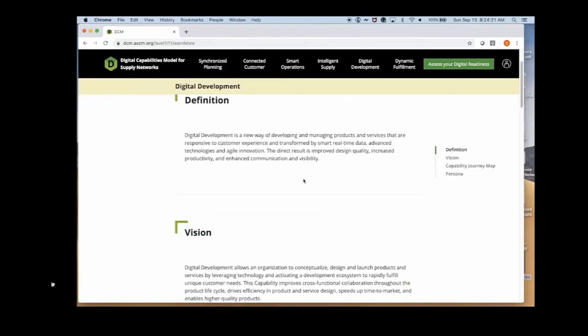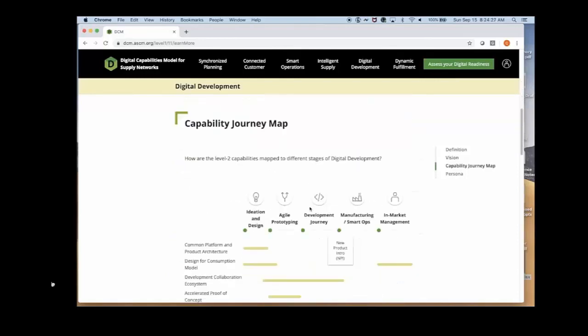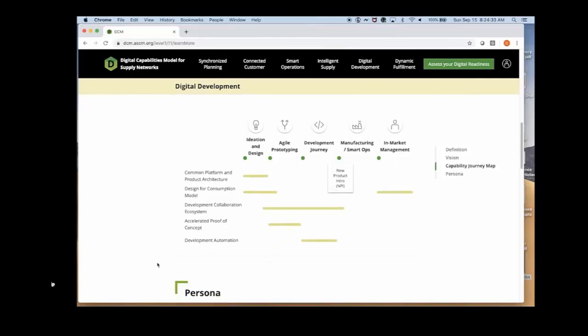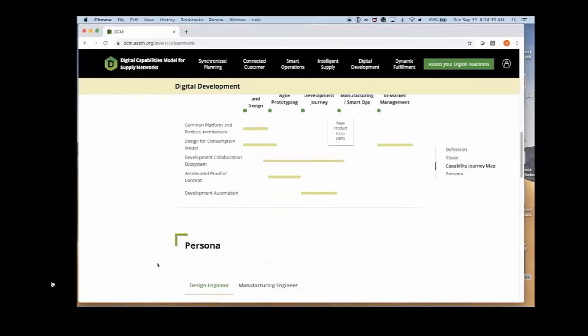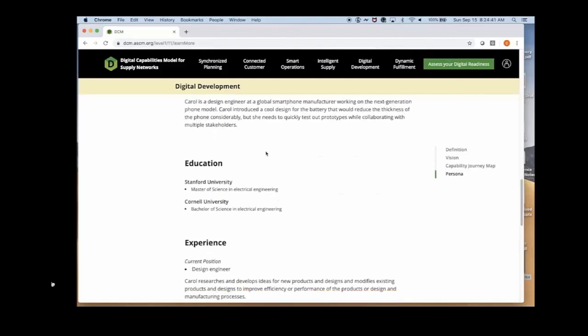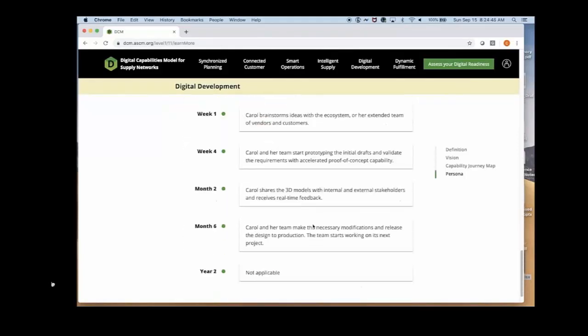So under each of these, we talk about the definition, the vision of what's possible, where this is headed. We talk about the level 2 capabilities in a journey map, right? How do the level 2s relate to the function that they're supporting? And then under each of these, we have 1 or 2 personas where we try to bring this to life